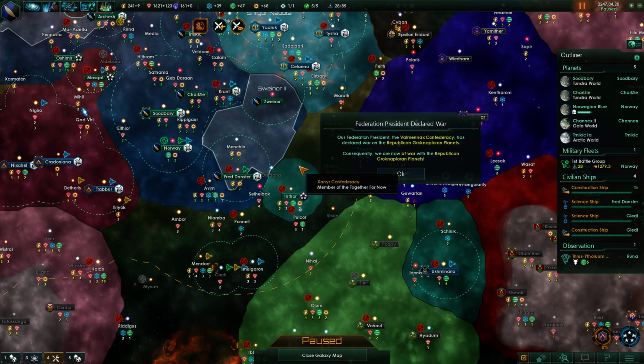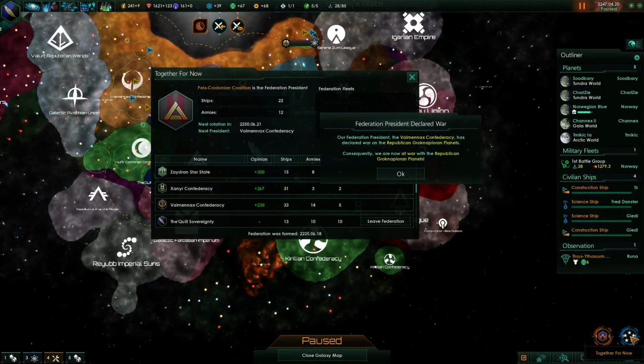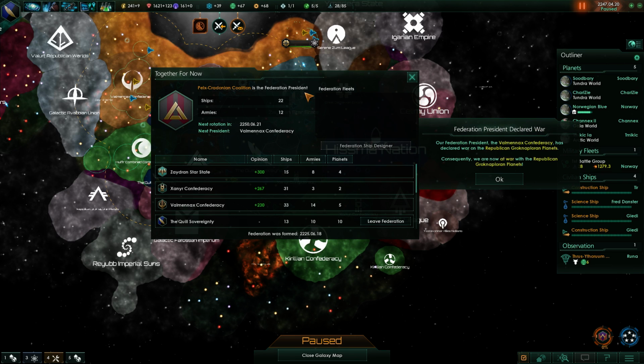Who declared war? The Valmanax Confederacy. Okay, so we were declared on. Because the Republican... No. Wait, what? The president is the Pelx-Credonian coalition. So therefore...